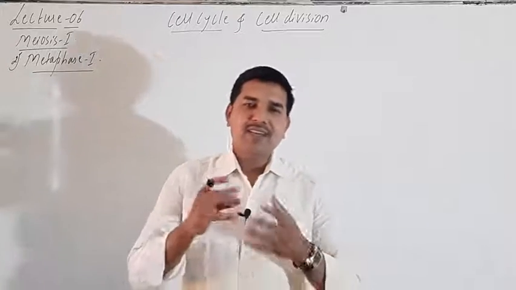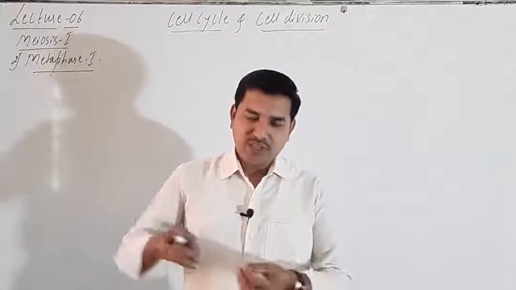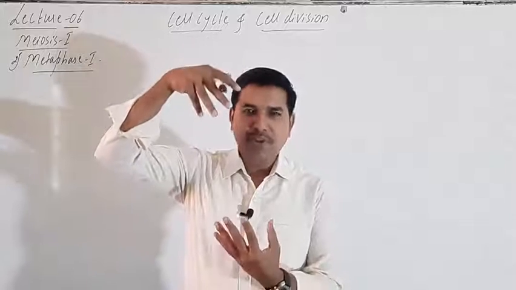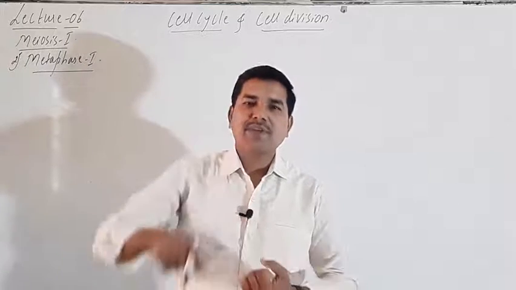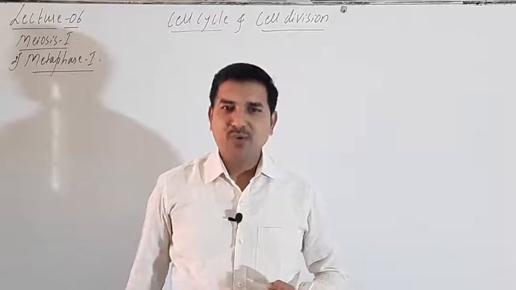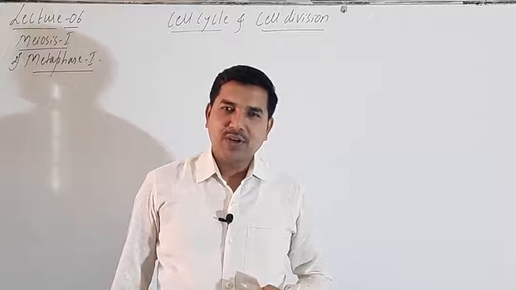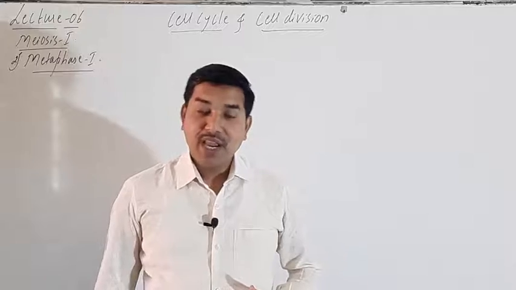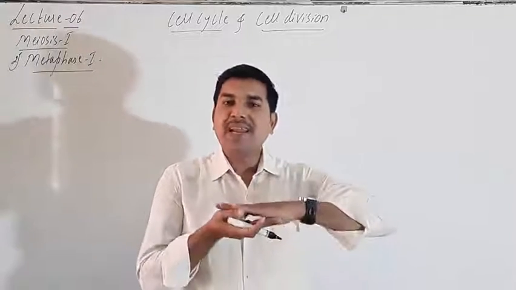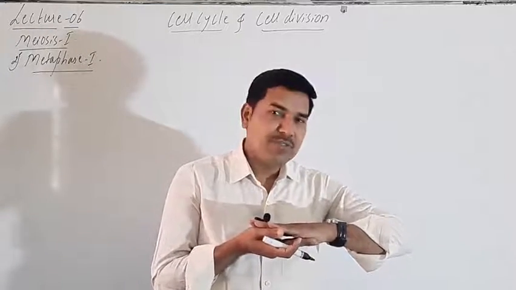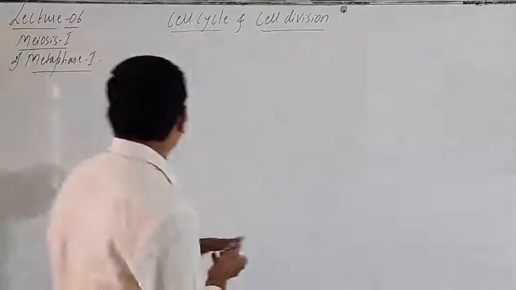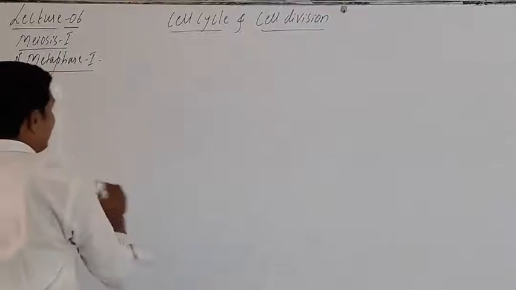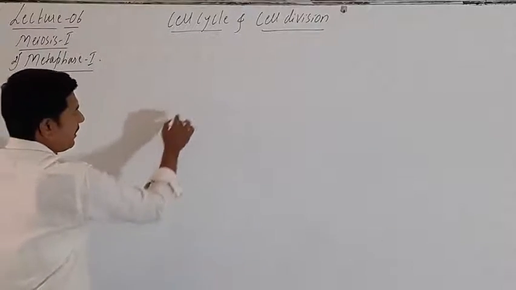Then the centrioles will move towards the opposite poles. They produce the spindle fibers. These spindle fibers will attach to the kinetochores of the chromosomes, and 2 metaphase plates are formed. So how is the metaphase plate formed? Let me explain. In the metaphase 1, if we look at the structure,